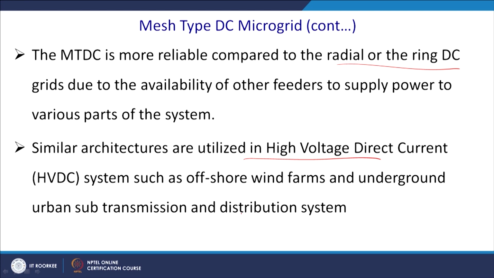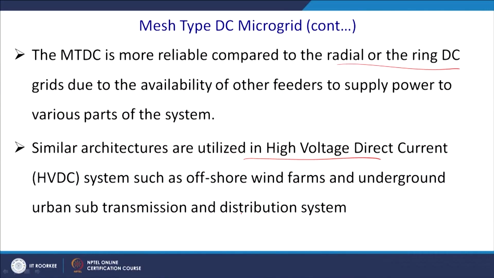Once you require to take the bulk power from a sea island where you have plenty of wind through an underwater cable, or you are required to go for high voltage transmission into a highly populated area, it has to be underground, and in that way you will continue to do so, and that will also have a similar kind of architecture. You should have multiple AC entry points, that gives you the redundancy.